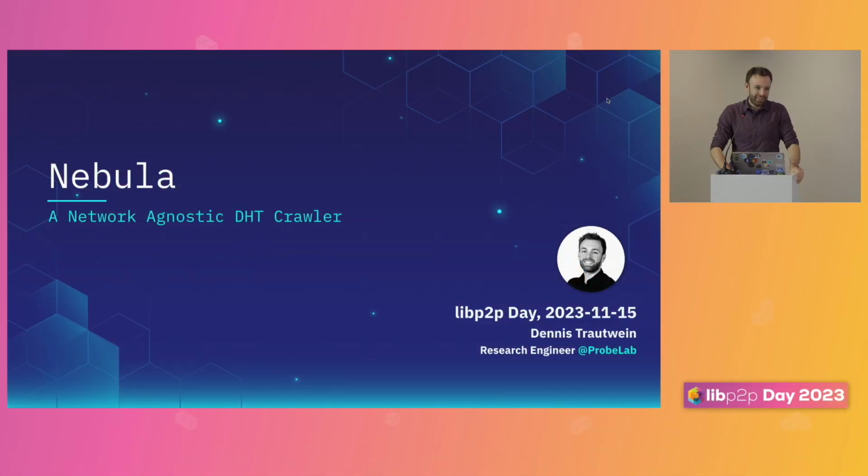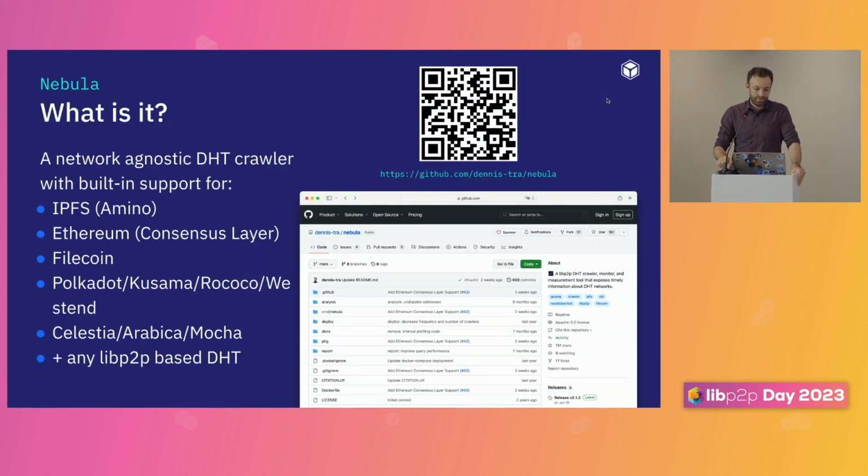All right, my second airtime. This will be about another tool that we at ProbeLab have built. It's called Nebula, and I would describe it as a network agnostic DHT crawler. Network agnostic means it's not only crawling, for example, the IPFS DHT, which we call Amino,